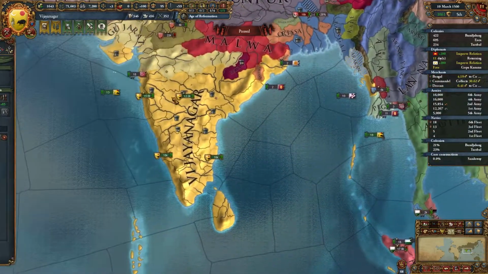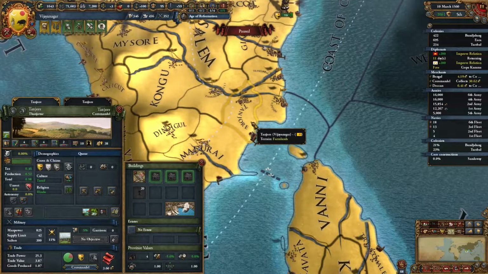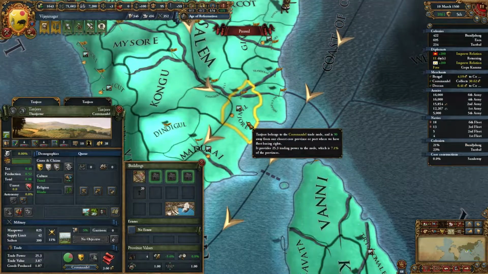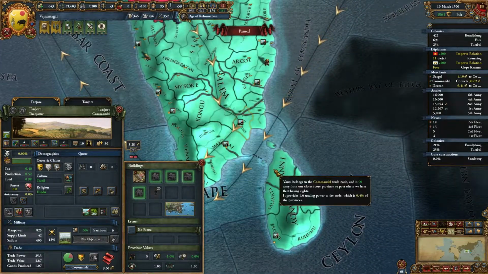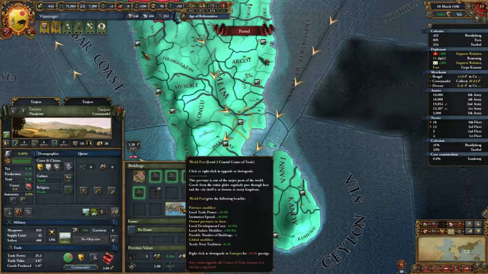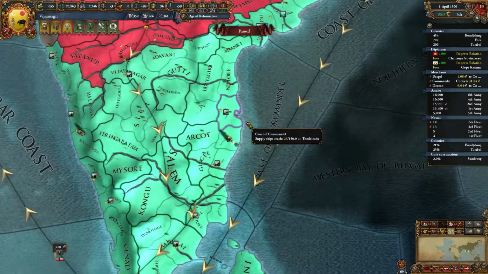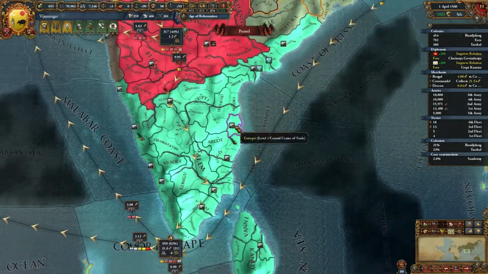We'll core that, and then now we shall finally, I took a few loans here, let's make sure this is the right one. We have an entrepot here, and we need a level 3, so let's click, and voila, we have a world port center of trade. Oh my god, we screwed up. So we built it in Tanjore, but they actually meant us...